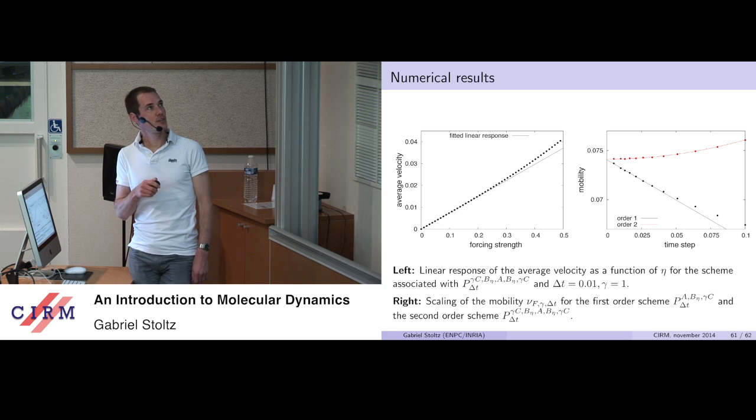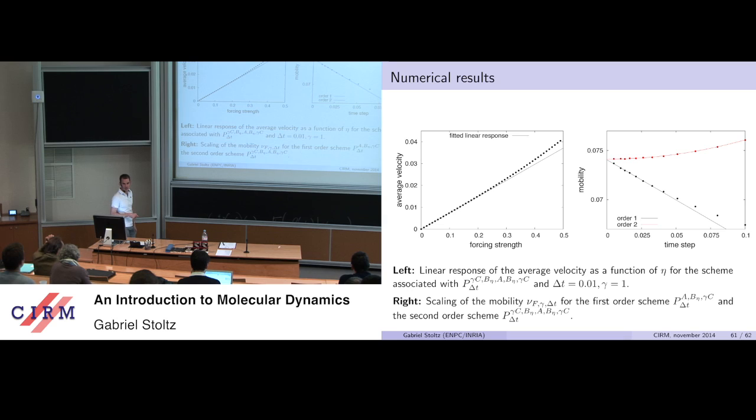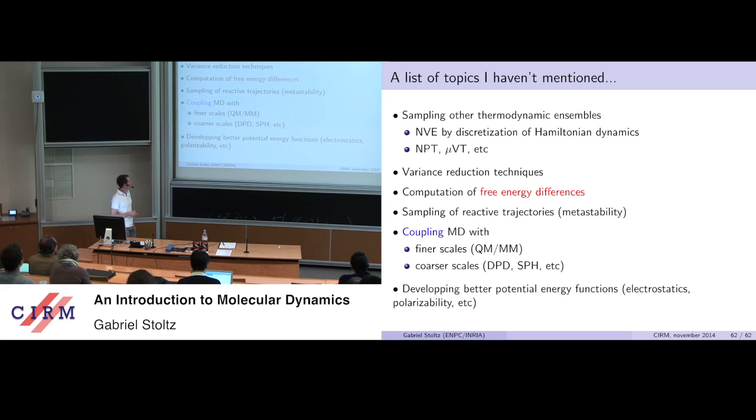And you do that for various values of delta t, and you record the slope as a function of delta t, and then you see that as delta t goes to 0, everyone predicts the same values. Then, depending on the order of the scheme, you've got variations which may be of order 1 or 2, and 10 if you are very clever, and so on. So this was to motivate that you can compute self-diffusions on a computer, and errors can be controlled.